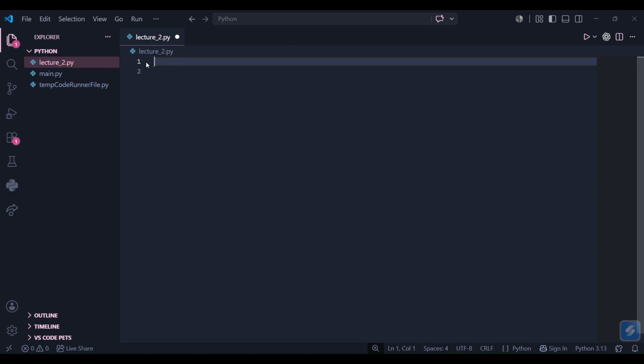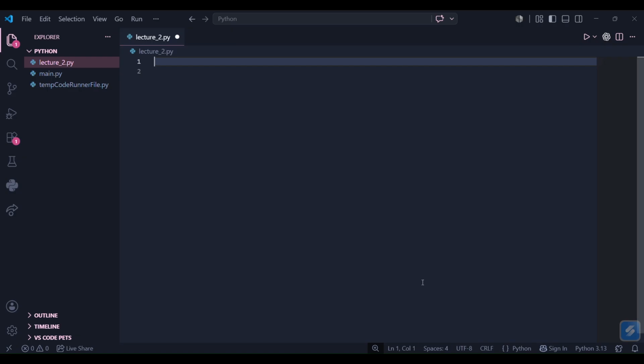Python is smarter than that. That's why I love Python, because you don't need to give unnecessary information like that. Python is smarter. It uses something called dynamic typing. It figures out the data types automatically based on the value you put in. Let's explore the 4 core data types that you will use 99% of the time, and let's also use the built-in Python tool called type to prove